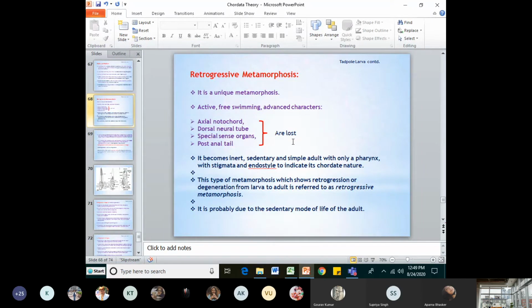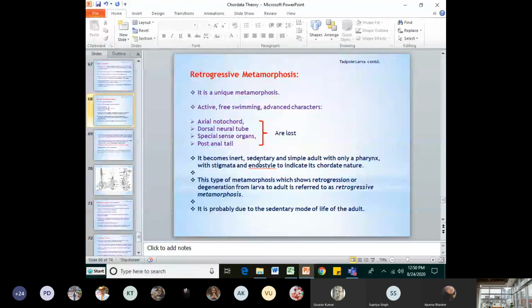Here in our society, some retrogressive changes are also taking place. So we have to see what is progressive and what is retrogressive. One should desist from these retrogressive changes because these are not good for us. The retrogressive metamorphosis is a boon for the animal, but it cannot be a boon for us if we tend to incline towards the retrogressive changes taking place in our society. This is apart from our topic I was just talking about.